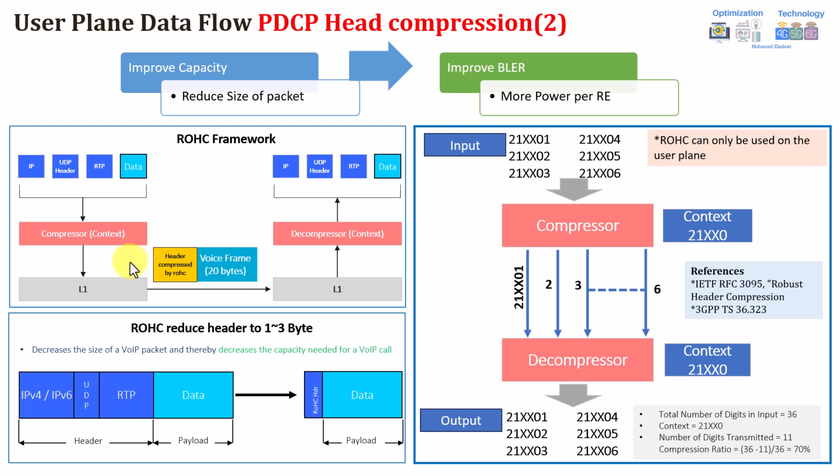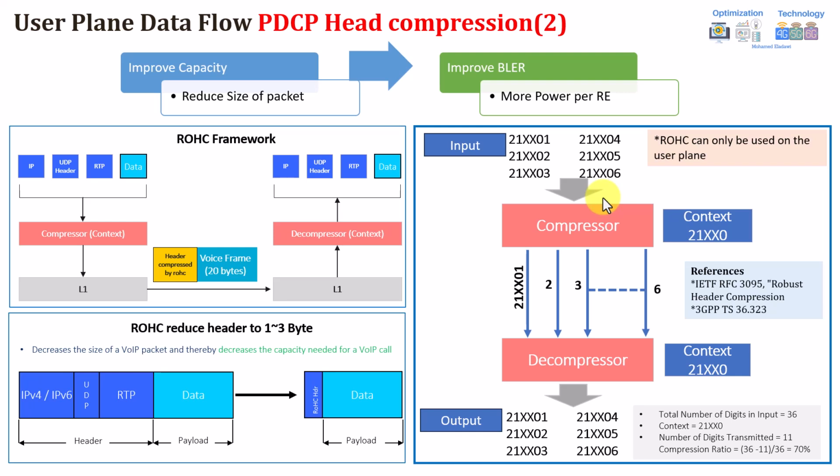Here, the idea of data compression, you can see that the compressor, the transmitter in general, will establish something called context, which is mentioned right here. Then it will compress the data, and the data transmitted over the air interface will be reduced. In general, the compression reduces the number of bits transmitted over the air interface. This is especially useful for small payloads, such as voice over NR or VoLTE, or voice over IP, and also for the TCP acknowledgement. We'll be discussing TCP in the TCP part, but the TCP acknowledgement usually has a small payload.